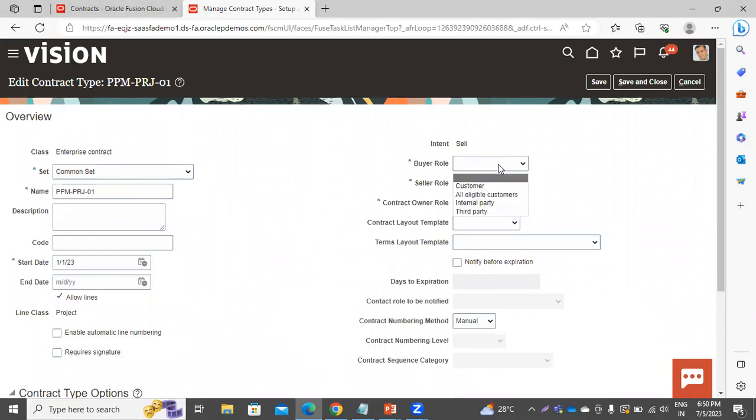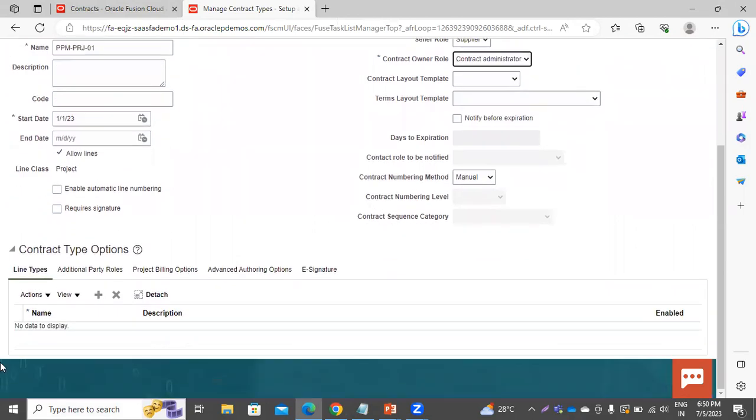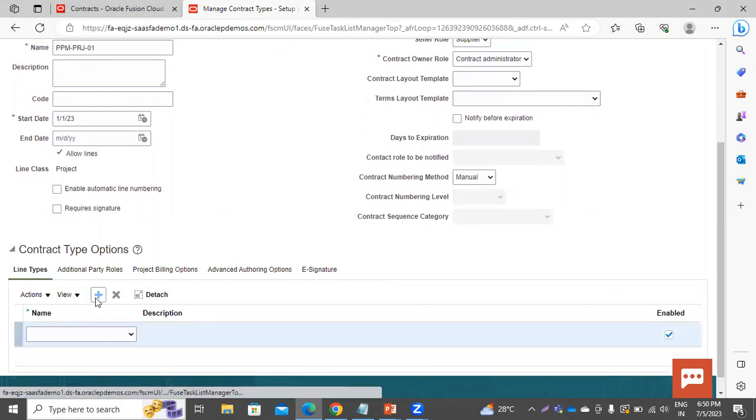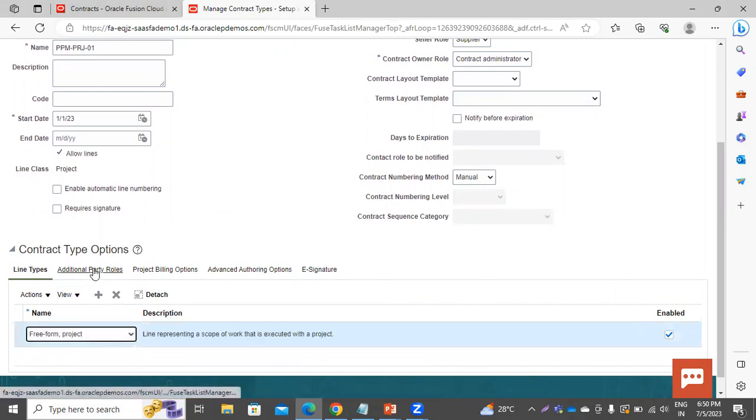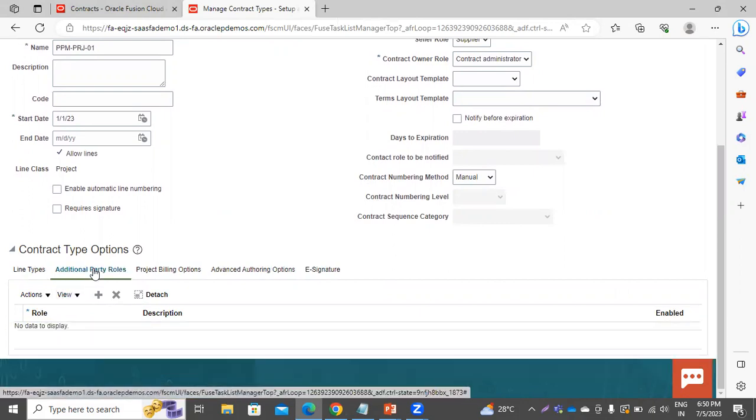Here you have to select the buyer role. It will be customer, and the seller role will be supplier. And now you have to give the contract owner role, that is contract administrator. Here you have to associate the contract line. So we will use the seeded line provided by Oracle. Let's take it as fee from project, that is for services purpose. If you want to add any additional party,